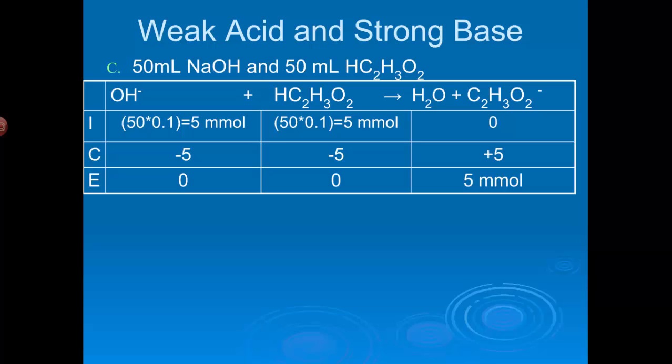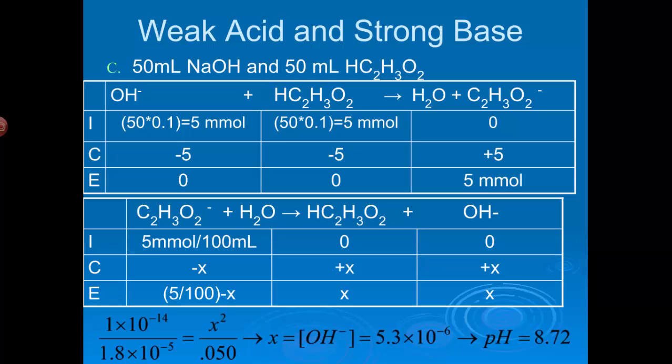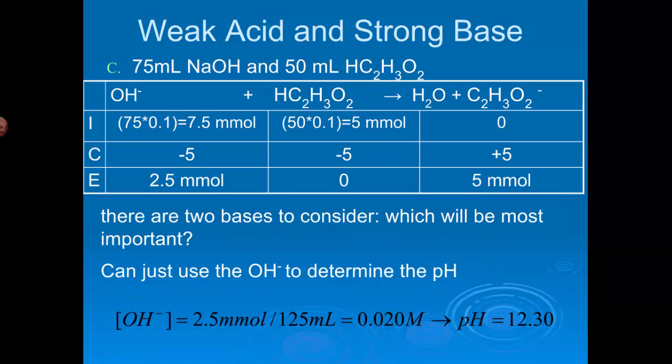There's the stoichiometry for adding 50 milliliters of NaOH to 50 milliliters of the acid. Notice there's no acid left over. There is some acetate ion left over, which is going to produce some hydroxide then, because it's a base. So we're going to produce a little bit of hydroxide when that reacts, and then we're going to calculate our concentration of OH minus, which is what X is. Take the negative log of that and subtract from 14, you get a pH of 8.72. I can do the same thing